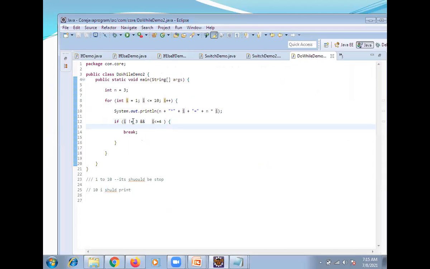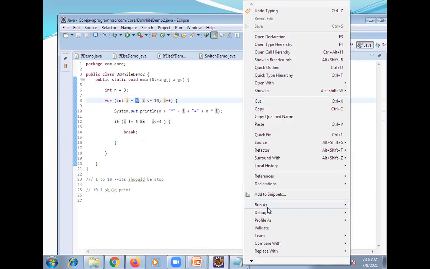Yeah, if you want to change it: 5 not equal to 3, 5 less than or equal to 4, now it won't satisfy. So then what will happen? 3 into 5, till 10 it will print.